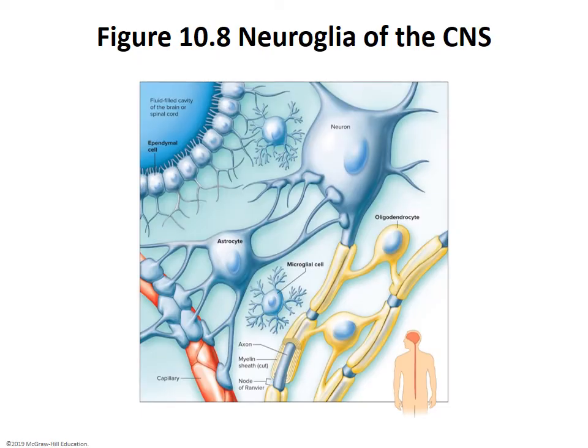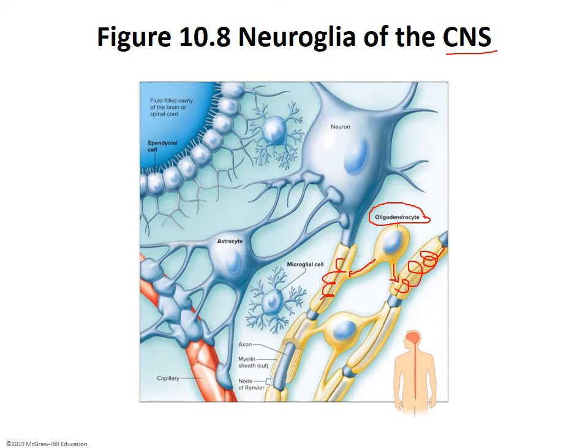So just to refresh, we talked about these things called oligodendrocytes. They are in the central nervous system. They do the job of what the Schwann cell does in the peripheral nervous system. And it's really important you remember that the cell body is not on the axon for these. It is simply these little arms that reach out and provide myelin, wrapping around the axon and providing myelin at